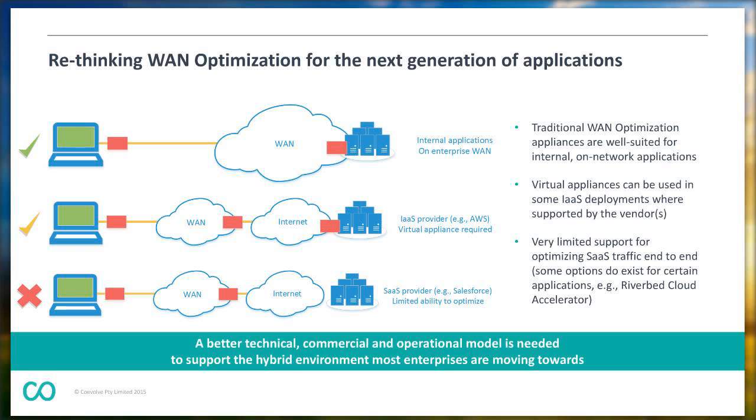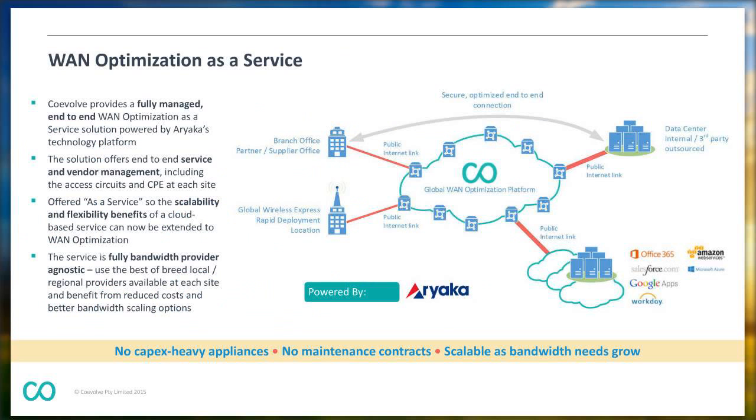And that's really needed in order to effectively support this hybrid application environment that we're seeing. So what do we believe that can look like? Well, the conversations we're having today around this with prospects and clients around the world are very much focused on an as-a-service approach to WAN optimization. So not financially engineering appliances into an environment, but more of an on-demand model where, on a subscription basis, we can provide WAN optimization functionality to locations around the world.